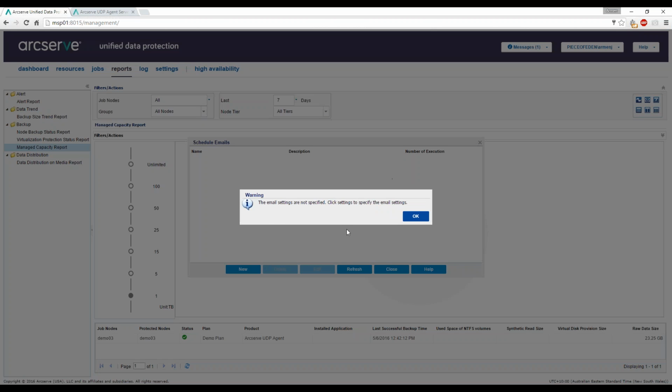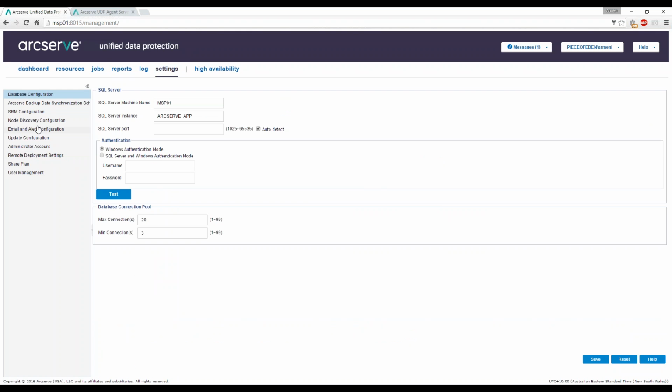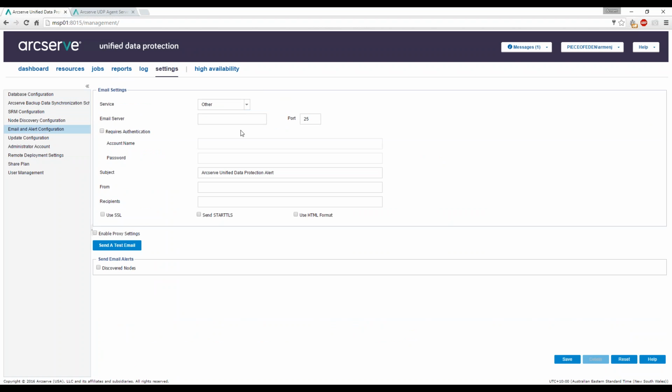If I click on this, okay, first of all, I need to specify my email server settings. So I'll click OK. I can set my email settings through the Settings tab. So I'll quickly go to my email alerts. You can see you can choose Google, Yahoo, Live Mail, or so on. I'm going to choose my